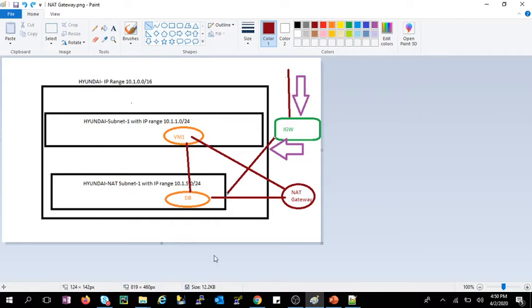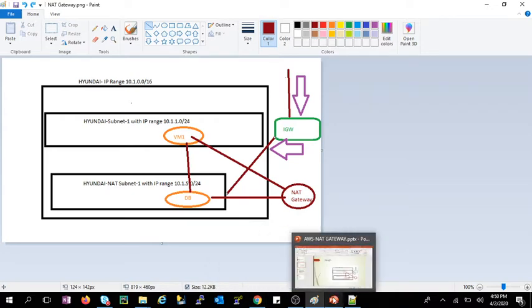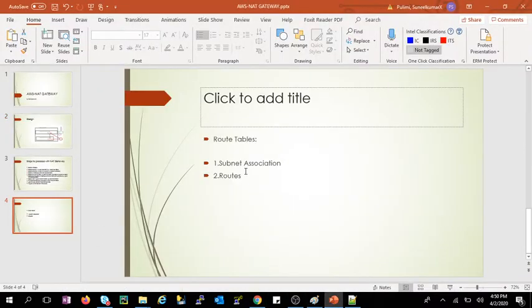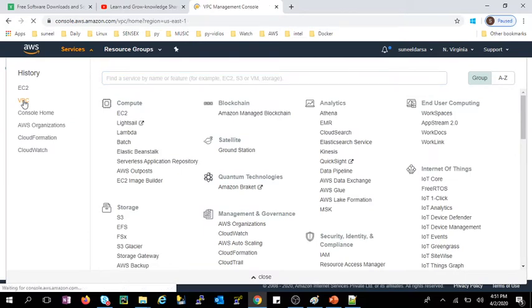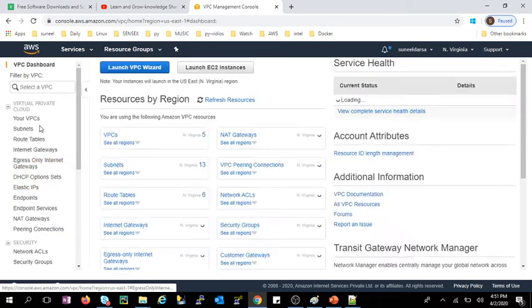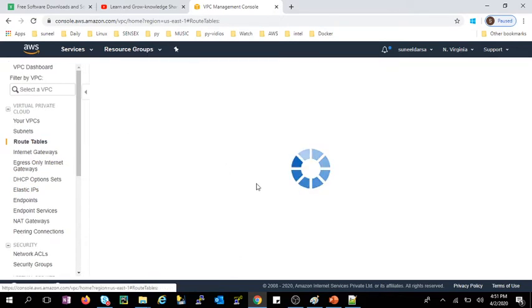So now, the NAT gateway is created. To establish a connection between the database and the NAT gateway, you have to think about two things in route tables: subnet association and routes. Let me go to that and show you. Under VPC, there is an option called route tables. You should think about routing